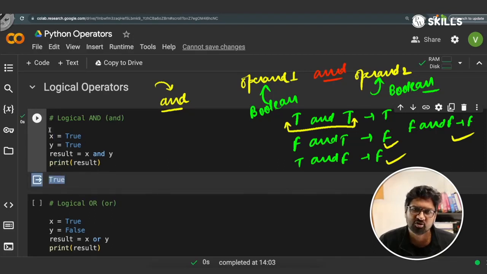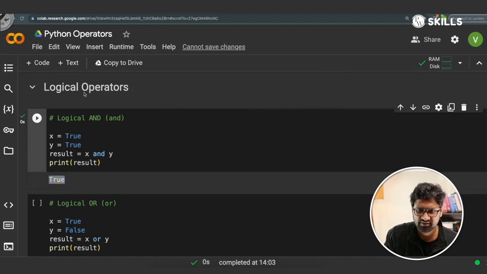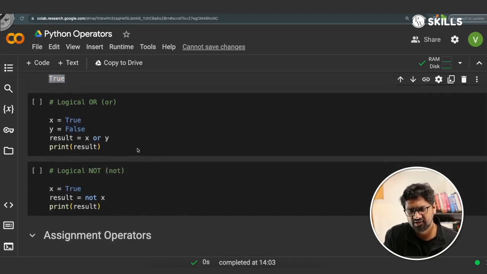This is the meaning of the logical and operator. Fair enough?